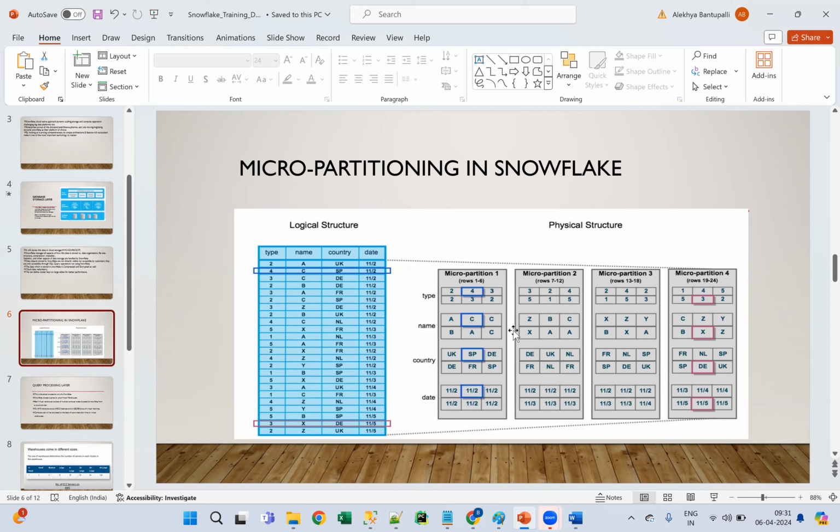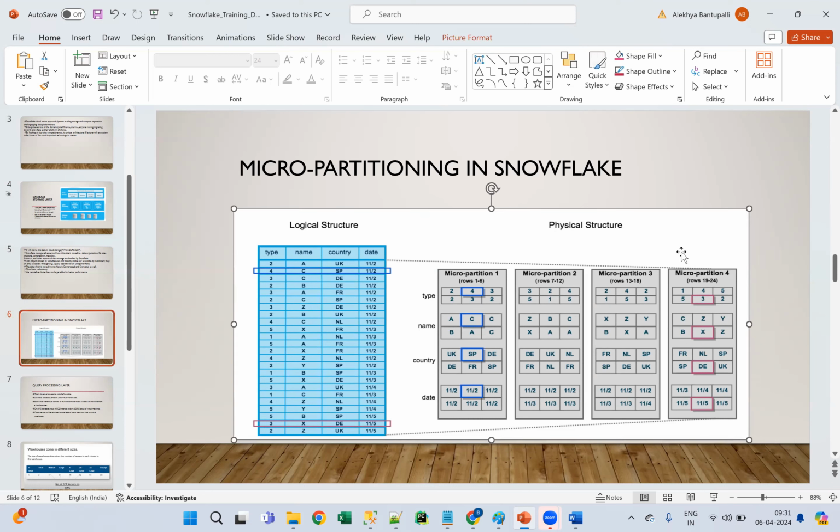Depending upon the data, these micro partitions will be created. For example, in this file, guys, type, name, country, date is there, right? So these 24 records got segregated into 4 micro partitions. Partition 1, partition 2, partition 3, partition 4.